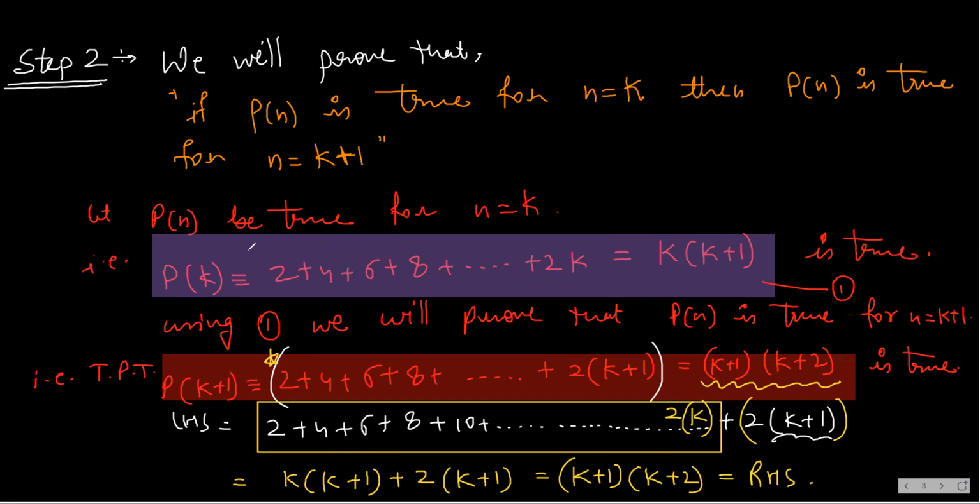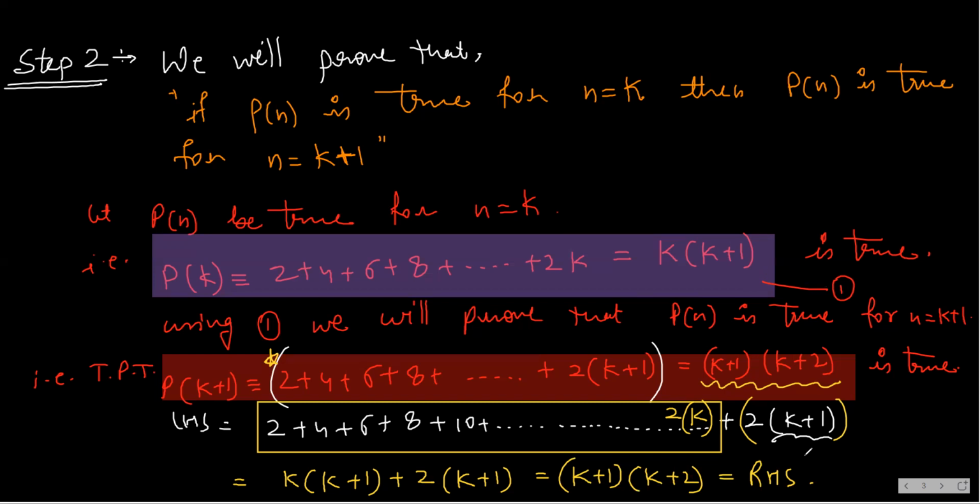You just now proved that if P of n is true for n equals to k, then it is true for n equals to k plus 1. Don't forget, you could prove it is true for n equals to k plus 1 only under the assumption that you had made it is true for n equals to k. See, you had made an assumption that P of n is true for n equals to k, and just because you had made this assumption, you could prove that P of n is true for n equals to k plus 1. Okay,